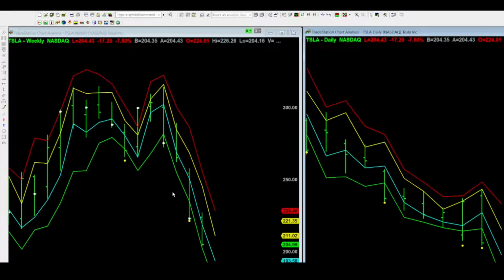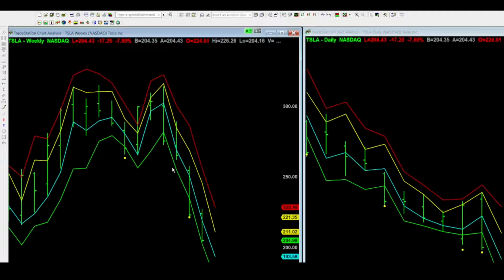So there is more uncertainty and it's more open. But based on the charts, if it really reaches this $228,